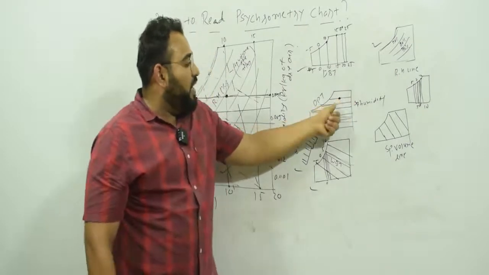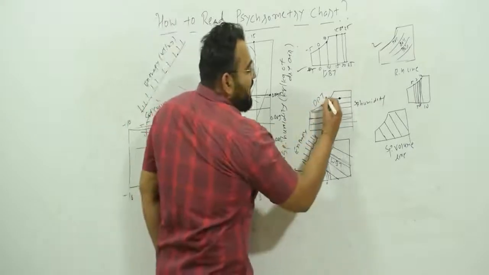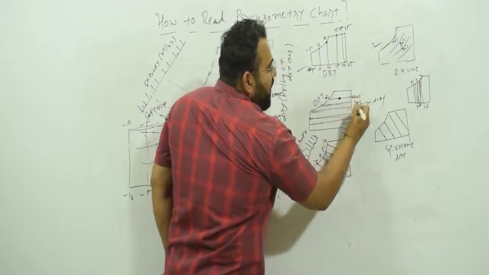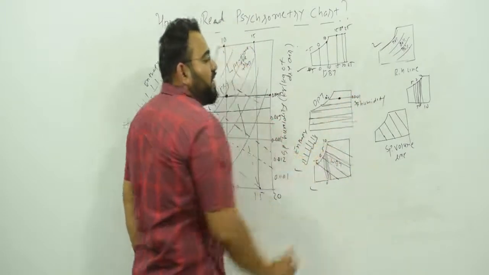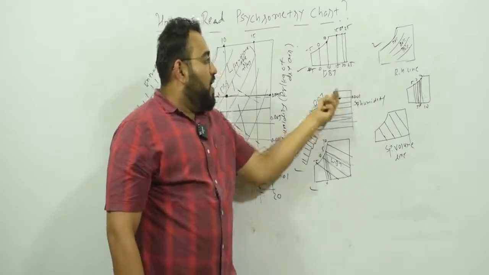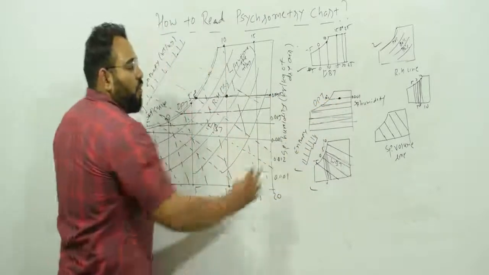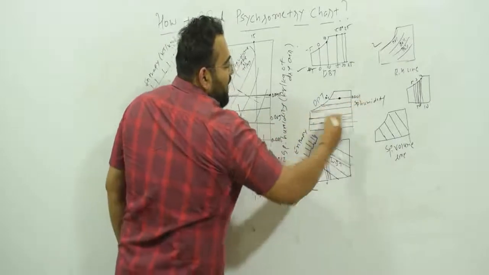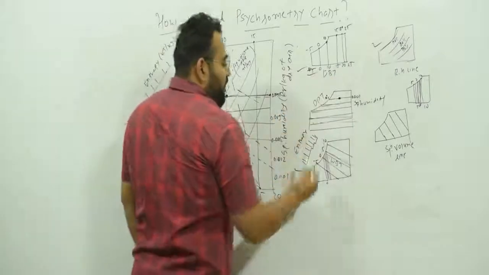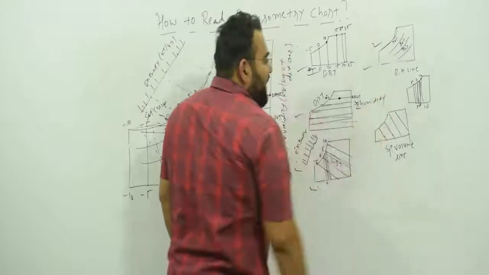In the same way for this point, draw a straight line up to the saturation curve, and if 10 degrees Celsius is written over here, that will be your dew point temperature. And if 0.001 is written, then for this point that will be the specific humidity. If you go straight here, it will show specific humidity. If you go backward horizontally, it will show the dew point temperature. So dew point temperature and specific humidity are both horizontal lines like this. Now you know what DBT is, what WBT and enthalpy are, what dew point temperature is, what specific humidity is, and what the relative humidity line is.